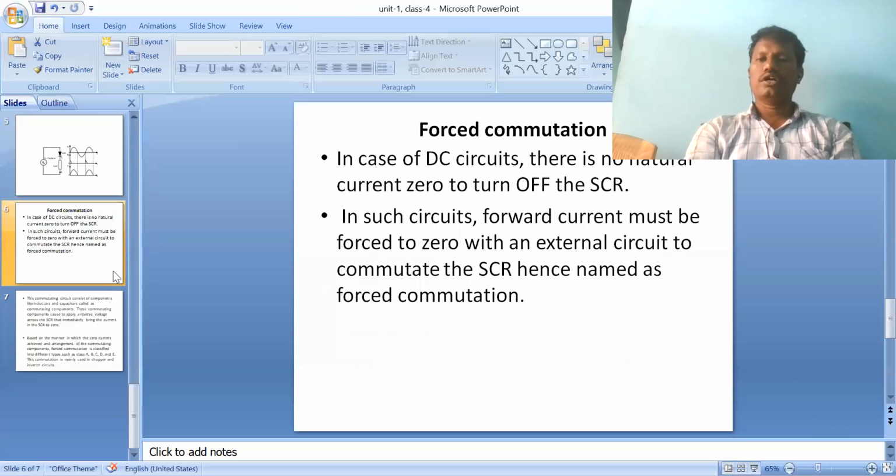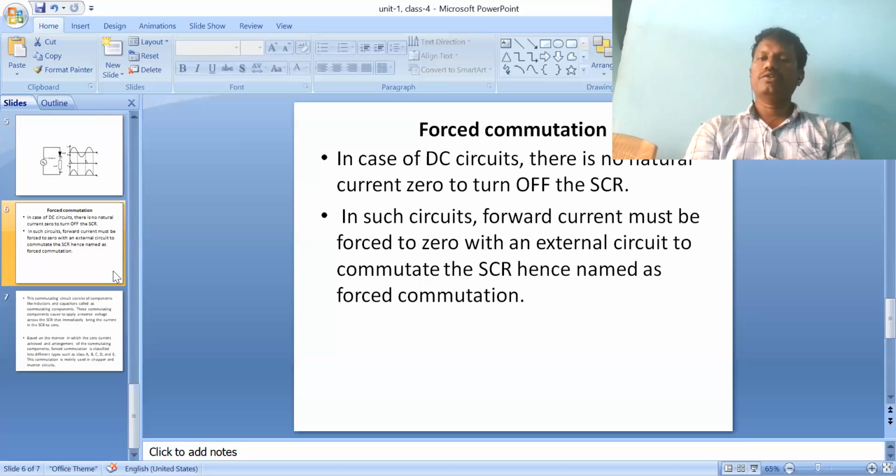Coming to forced commutation. Forced commutation means the input supply is DC only. Once the supply is DC, automatically the SCR will not come into the off state. What is the reason? DC means constant magnitude is given to the devices at every instant of time. It is a property of DC. So during that time, the SCR will not come into the off state. What is happening? There are conduction losses presented, so there is no use. The lifetime also decreases compared to whatever was manufactured in the design initially.